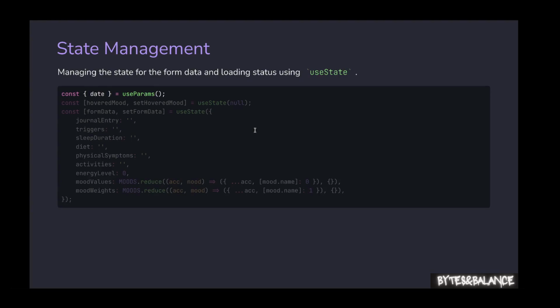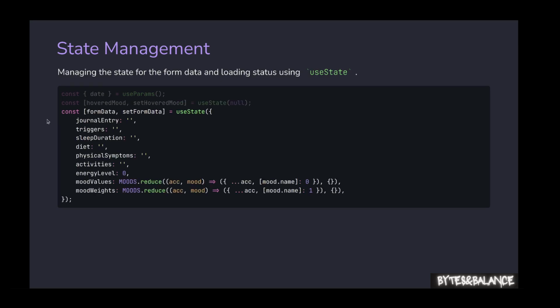In this part of the code, we start by using the useParams hook to extract the date from the URL. We also define useState here to manage different parts of our form, such as the user's journal entry, mood values, and daily trackers. Also, this part. And I'm just going to draw your attention to these two lines of code because they are